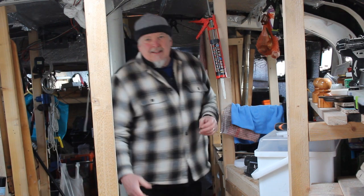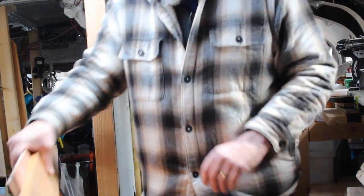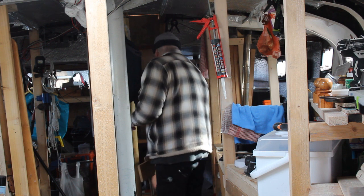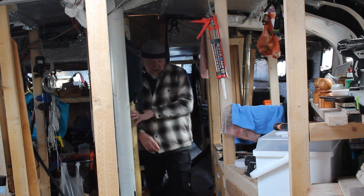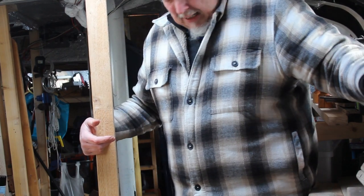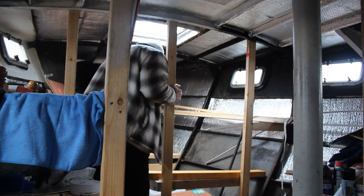But the problem is I have to keep moving it. So I guess there'll come a day when I've used it all, and that will be the end of the problem. But I've got nowhere to store the wood other than on the boat. And I don't want to store it on the deck because it will get wet. I've had a go at clearing